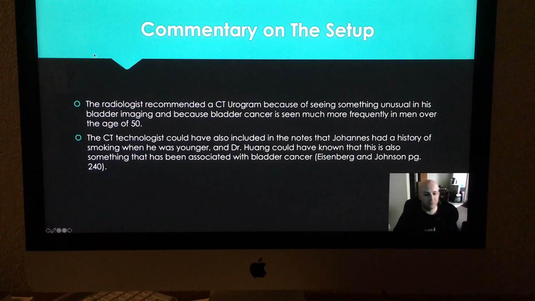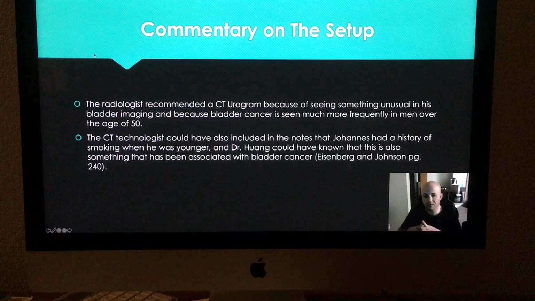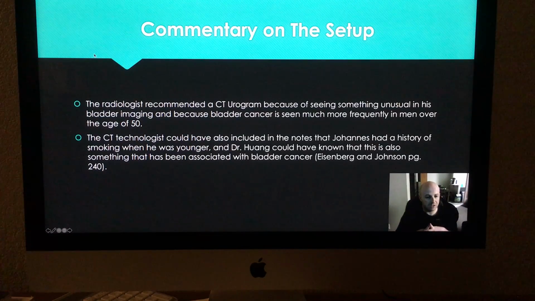Alright, so the radiologist recommended a CT urogram because of seeing something unusual in the bladder imaging. She could have seen some different densities, just maybe some asymmetry as far as the bladder goes. And bladder cancer is also seen much more frequently in men over the age of 50. The CT technologist could also have included in the notes that Johannes had a history of smoking when he was